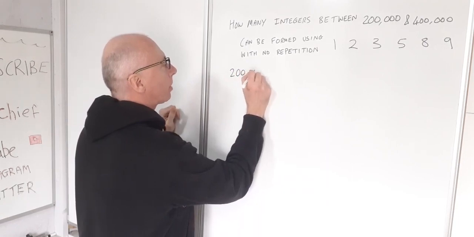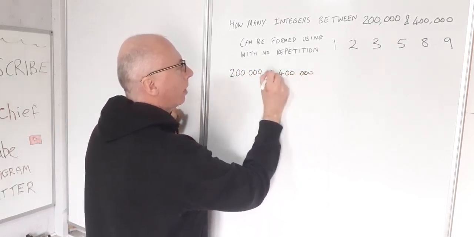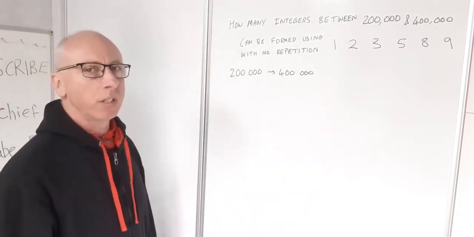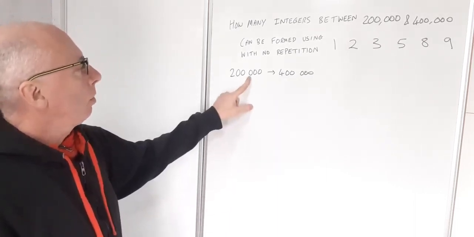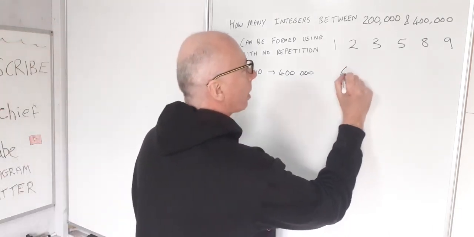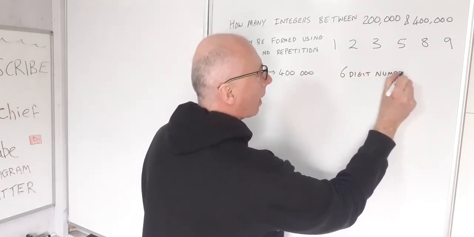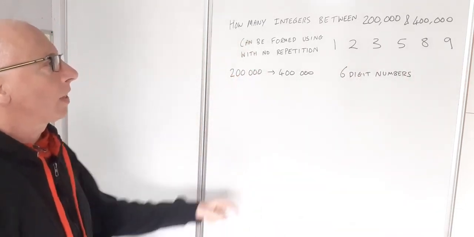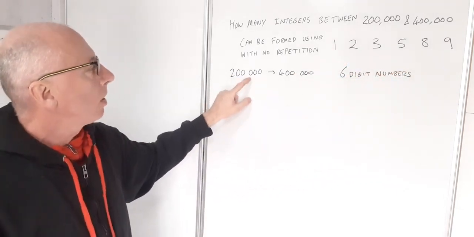So 200,000 to 400,000. That's my range of numbers I can use, and they've got to be integers. It's got to be a whole number, so no fractions. Now 200,000 and 400,000, these are both 6-digit numbers, and what I have to choose is 6 digits to choose from. So therefore I need to use all of these digits to make numbers from 200,000